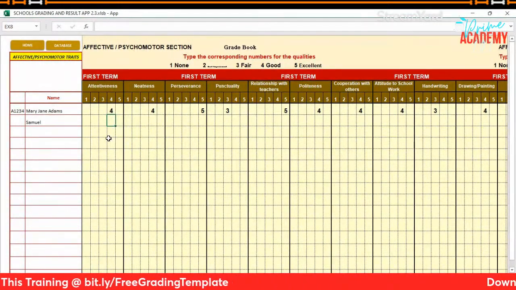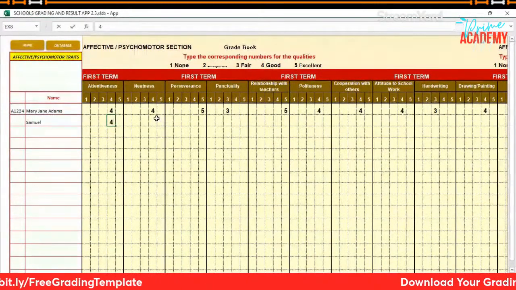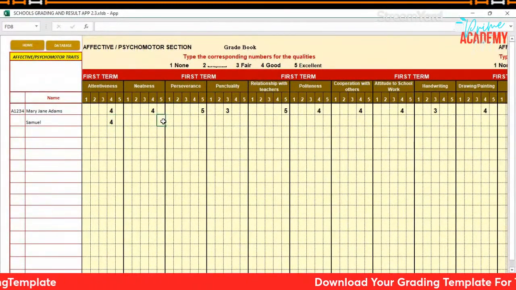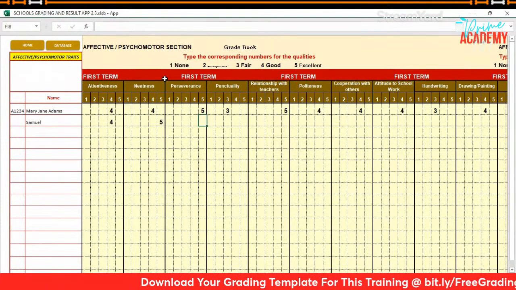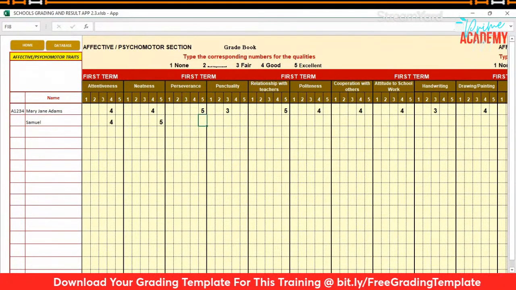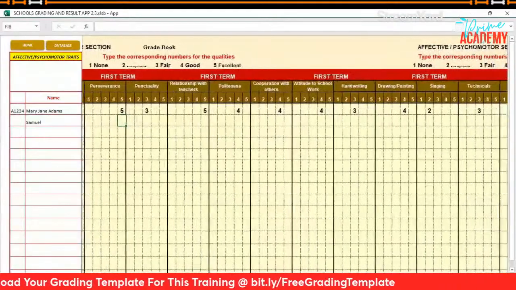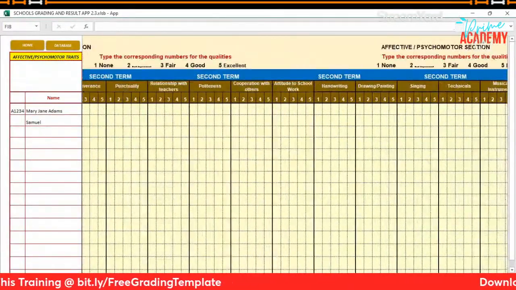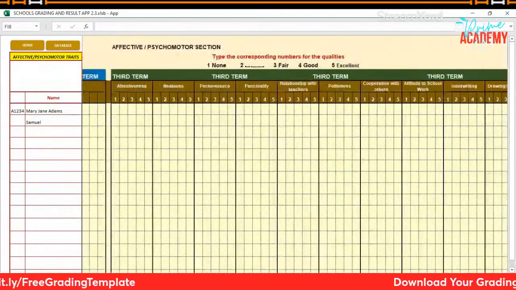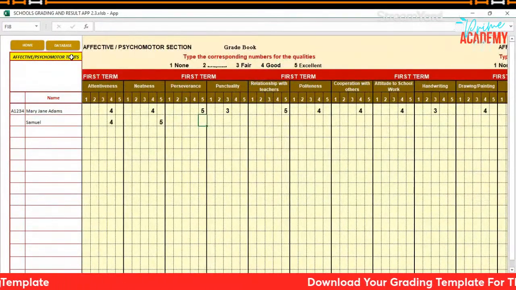All you just need to do is put the value in the box according to your measurement for the child. This is for first term. You can scroll if you are working with second term. You scroll to second term. This is second term, and this is third term. When you are done with that,